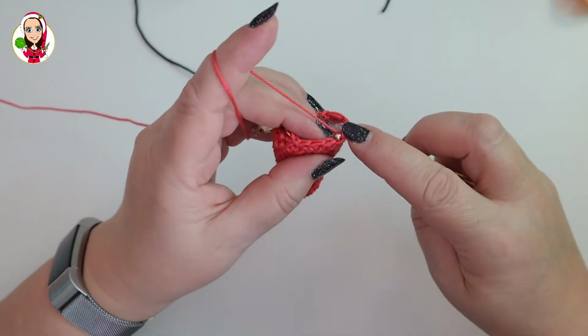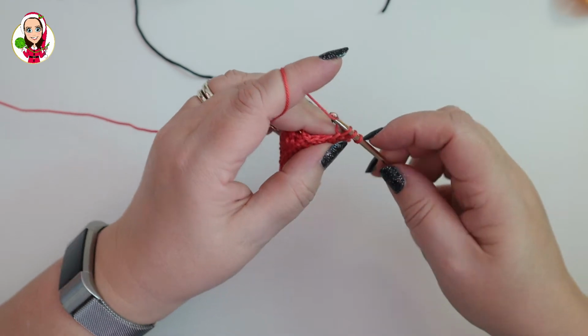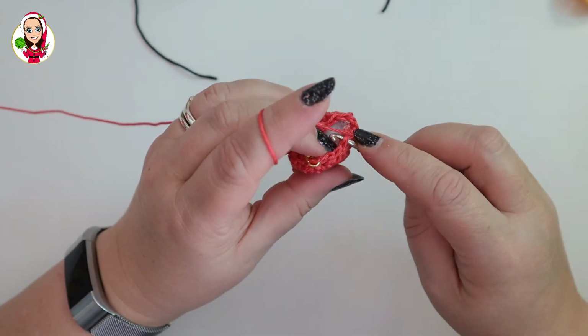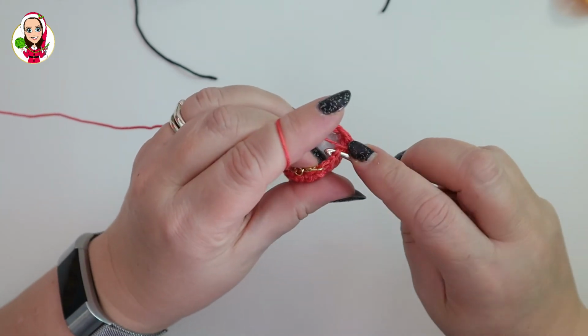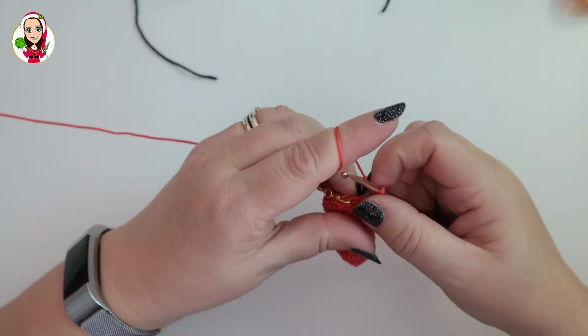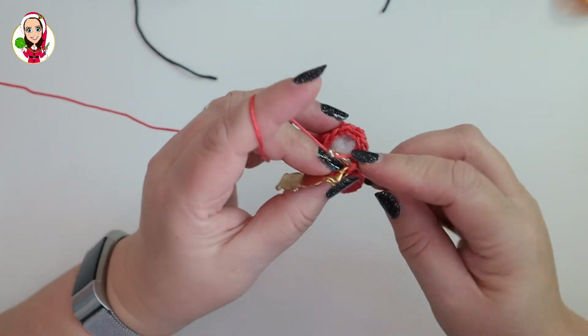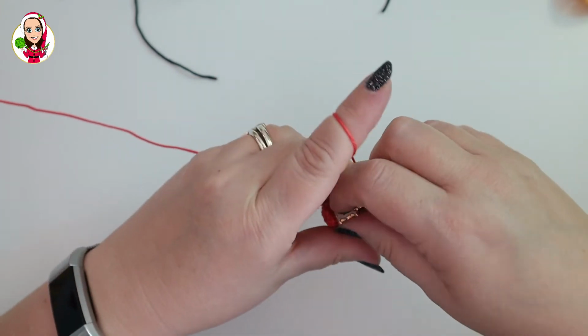Okay, double crochet 2 together, 1 and 2, and then double crochet, double crochet, oops, and then we're going to slip stitch into that first stitch that we made. Take my stitch marker out,